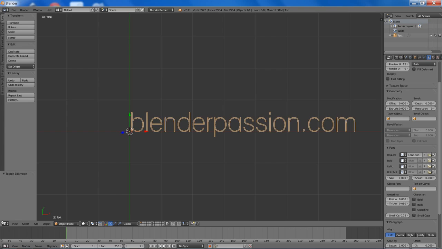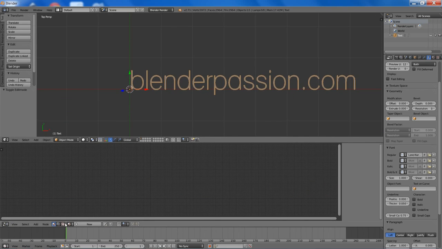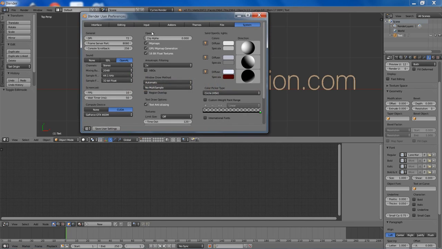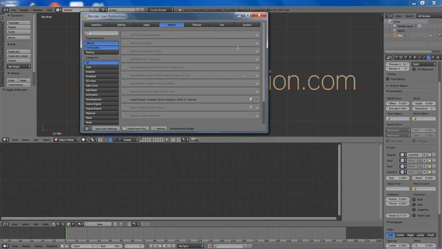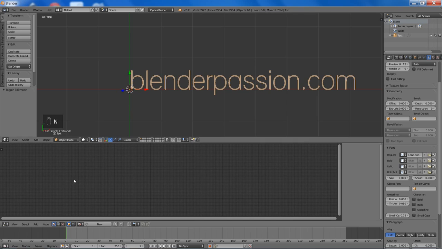So now I'll just start to add a simple material to it. But first I'll change the render to Cycles Render, and then go to the Screencast Keys add-on, enable that, and start the display. So then we'll create a new material, name it Text,